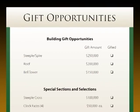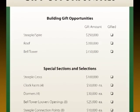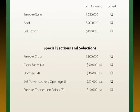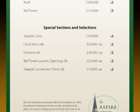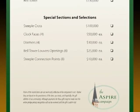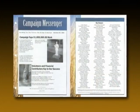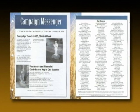There are also a number of very special gift opportunities available to donors of qualifying gift amounts. These opportunities allow people the unique chance to designate their gifts to a particular part of the project and dedicate them in honor or memory of those they choose. All donors, regardless of the size of their gift, will have their names listed in a special bulletin insert announcing campaign results, as well as on a special donor plaque that will be displayed in a prominent and visible place